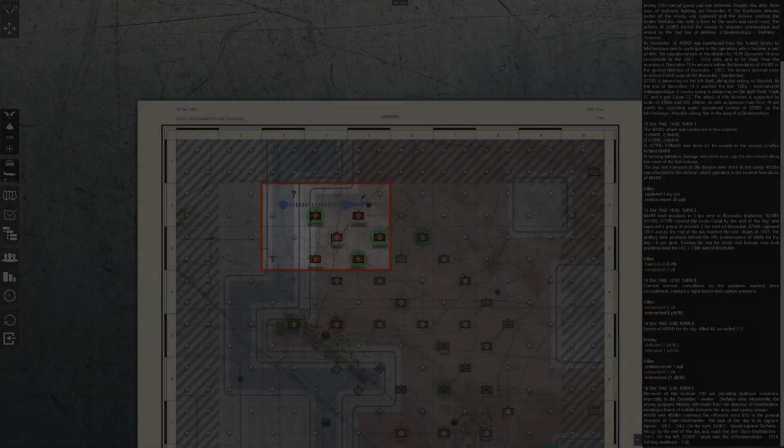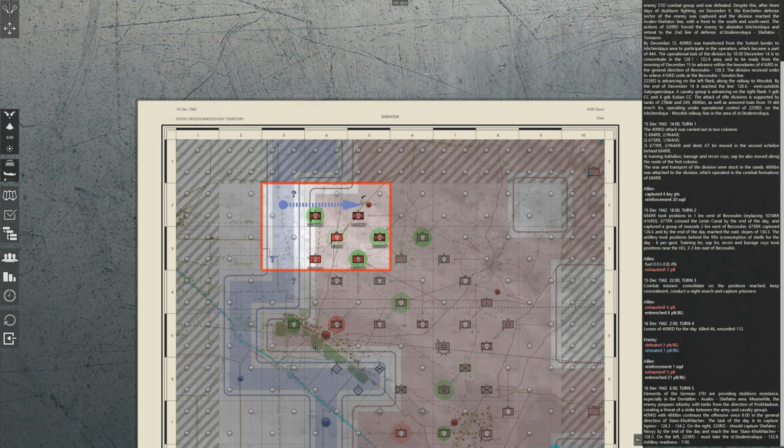Before this next engagement, I want you to take note of how this attack is coming from this specific node, and the attack arrow is going 2 kilometers deep into our territory. You'll also notice the arrow itself looks a little different. It's broken rather than solid, and this indicates a rush attack or a sort of blitzkrieg attack if you prefer